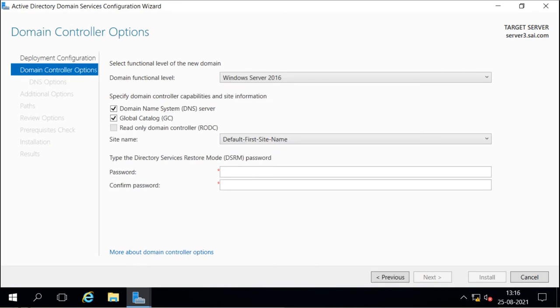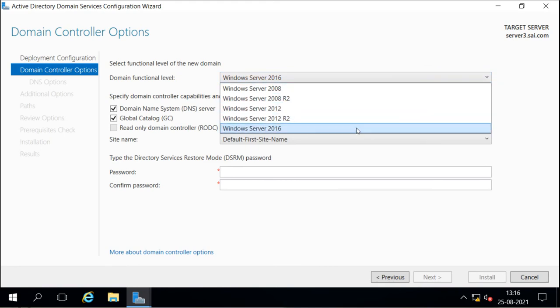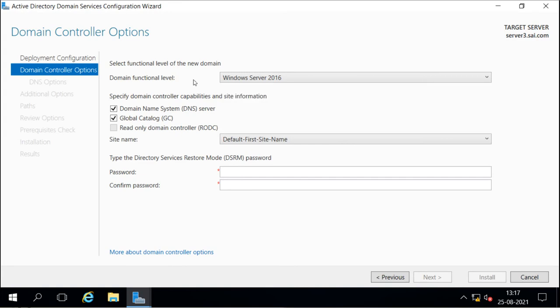You select the functional level for the domain depending on the forest functional level. Then you want a DNS server for this domain on this domain controller. You want a global catalog server for this domain controller. The read-only domain controller option you will get only when you are creating an additional domain controller in the same domain. Otherwise, this option is not available.